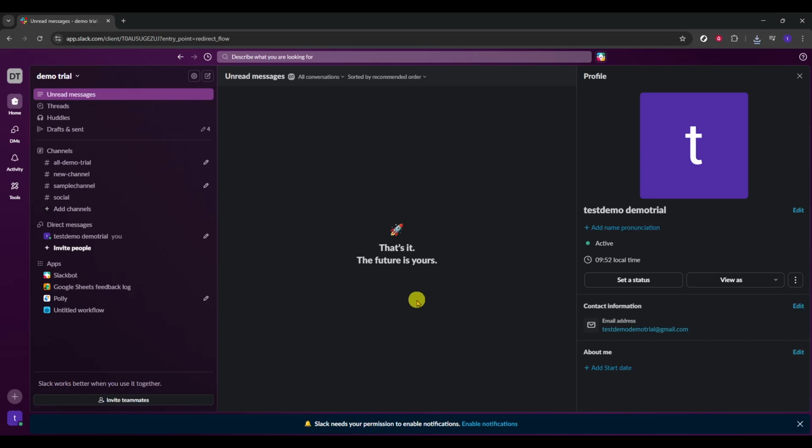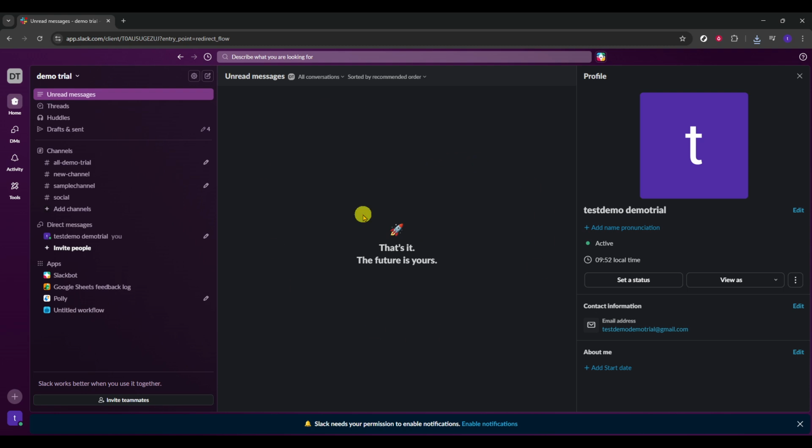Hello, today we will guide you through how to format messages in Slack. In this walkthrough, you'll learn how to make your messages clearer and easier to scan by applying simple formatting right inside the message composer. We'll move step by step, keeping things practical so you can follow along in any channel